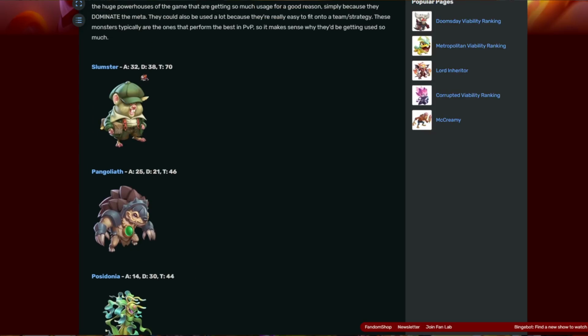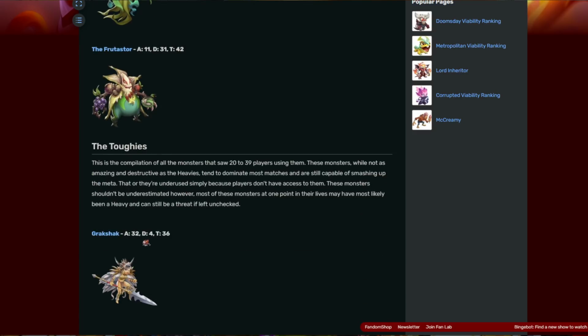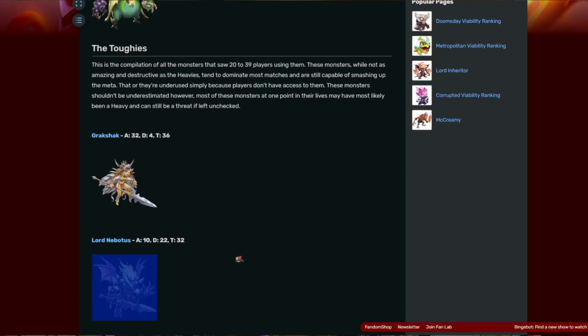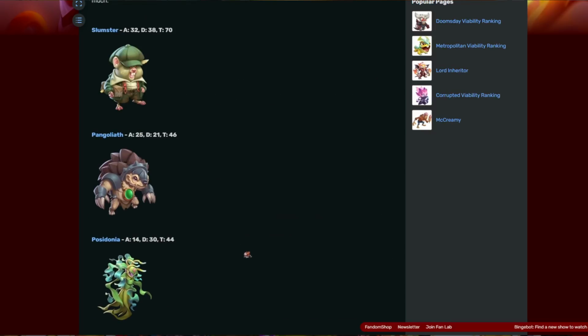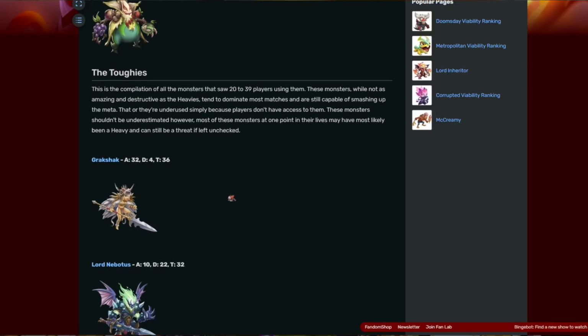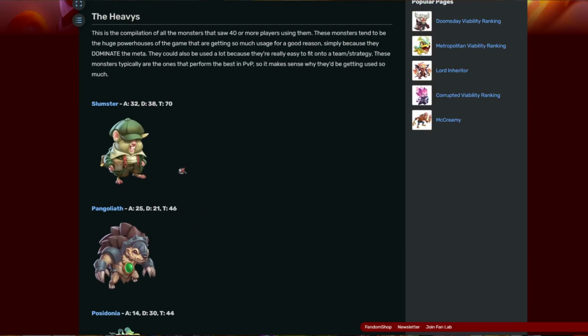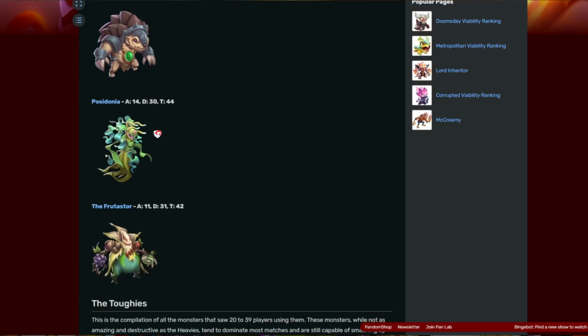So, I imagine, look at that, 32 Slumpster, 32 Grashak. Yeah, I can see that. Again, this is probably the best paywall monster from the previous era. We have Lord Nabotis, so that is our first... oh no, Pango is our first corrupted monster. Now we have Lord Nabotis, our second monster. He's at 32 total, 22 on defense, 10 on offense. Remember, he starts the game off with the evasion, so you could probably pull off like a Lord Nabotis, Slumpster,